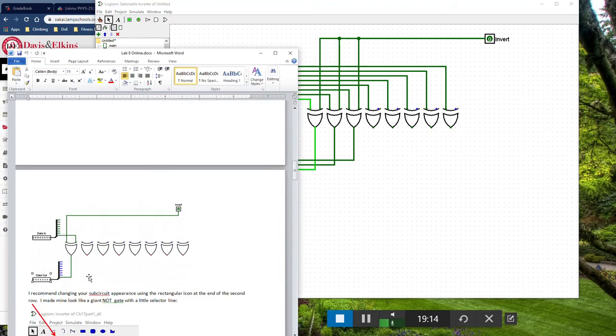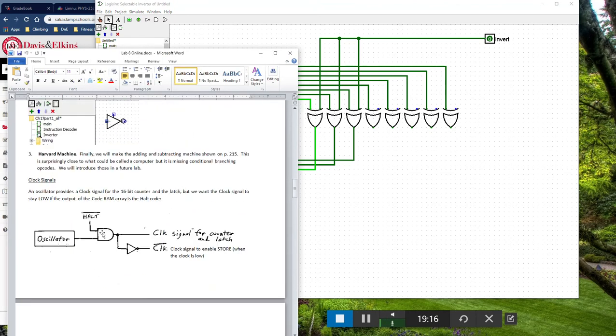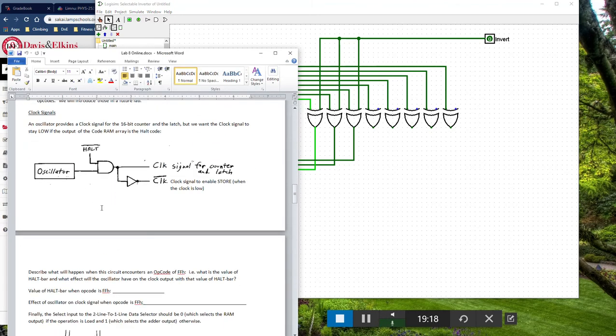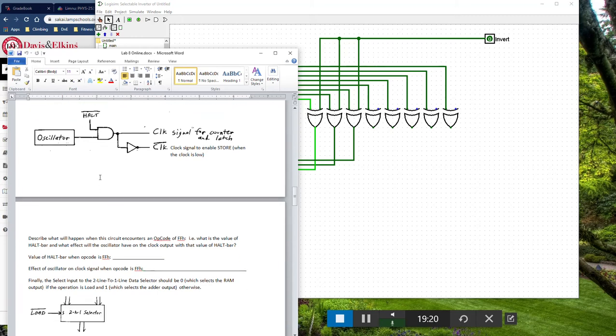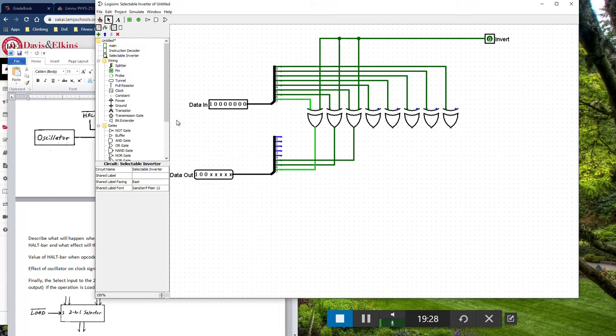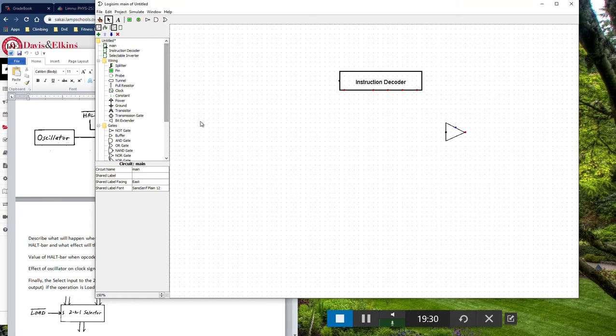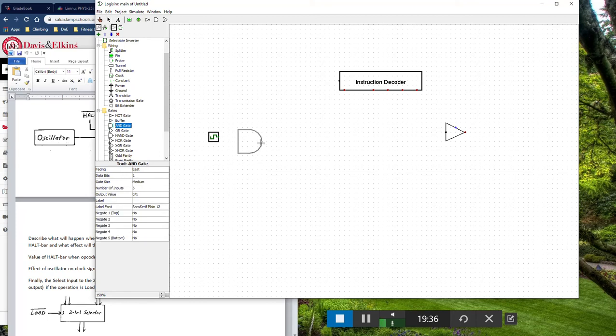Alright, let's see what's next. I've got, oh, right. Okay, well, the way we implement the halt signal is we're going to have a clock with, this is good because I get to show you something. The clock, here's the clock signal. If I want to turn off the clock when I get a halt signal,